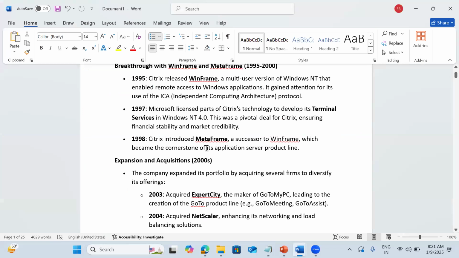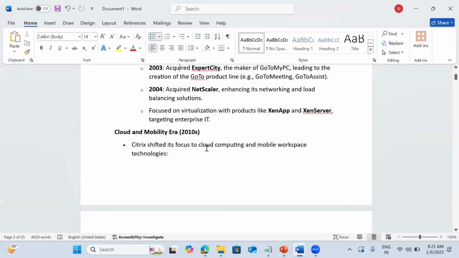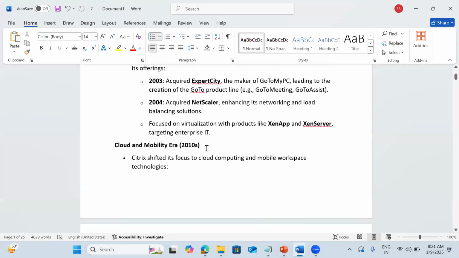Citrix got huge revenue. When a company gets huge revenue, most of the time they don't develop the next products from scratch; they acquire companies. GoToMeeting they acquired with a company called Expert City.